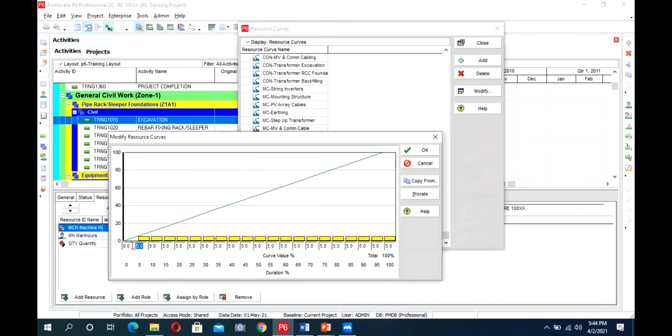So in the start, I will load it more. Then a little less loaded for the center of activities. Again, it will be heavily loaded at the end.